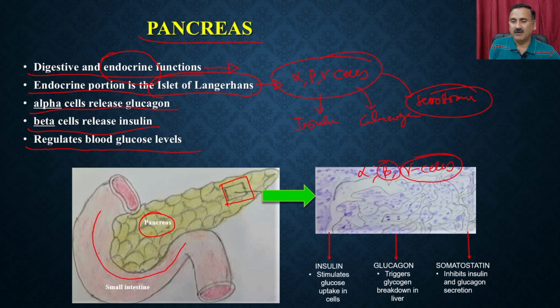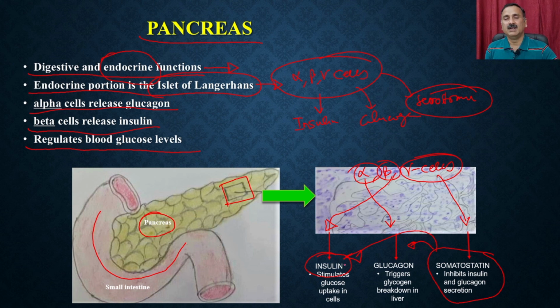And what are these alpha, beta and gamma cells doing? The alpha cells are secreting the glucagon, the beta cells are secreting the insulin, and the gamma cells are secreting the somatostatin. Somatostatin is a hormone which makes a balance between these two hormones. Beta cells secrete the insulin that stimulates the glucose uptake, which means it stimulates the conversion of the glucose into the glycogen,